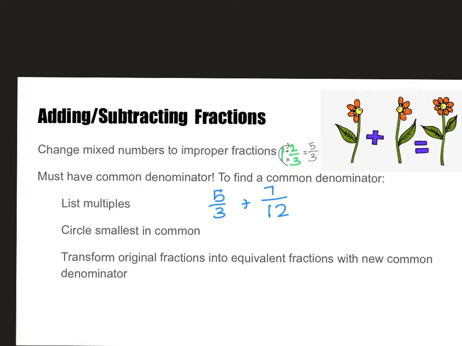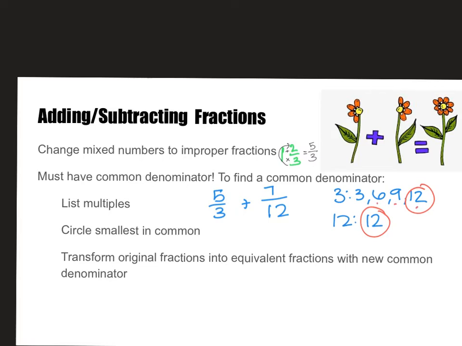Okay, so I like to start with the smaller denominator, so 3. And the multiples of 3 are 3, 6, 9, 12, and we actually see a 12 there, so we can stop. That's why I like to start with the smallest, just in case the least common denominator is actually one of the denominators that already exists. So we listed those multiples, and we were multiplying, so 3 times 1, 3 times 2, 3 times 3,